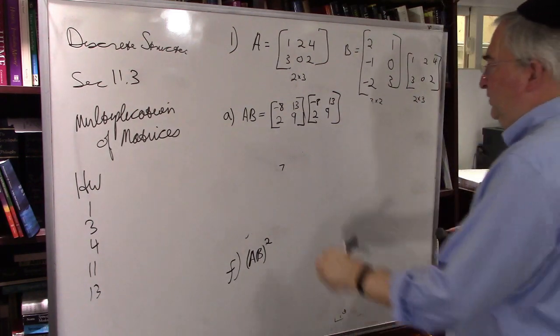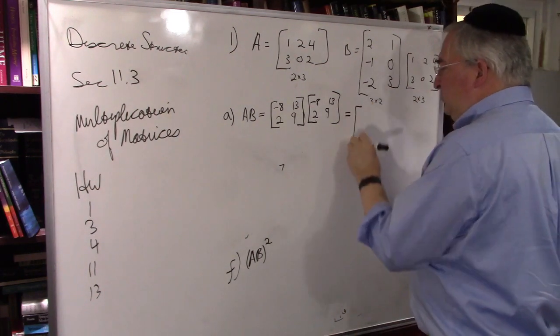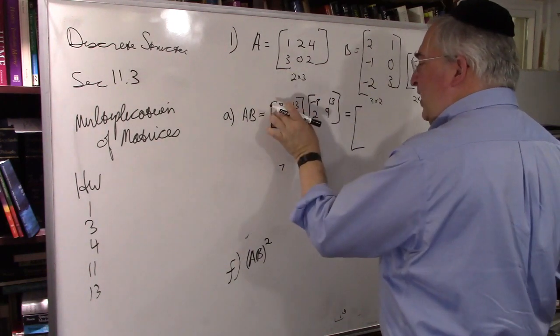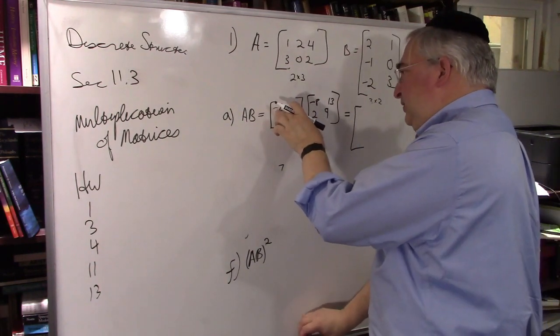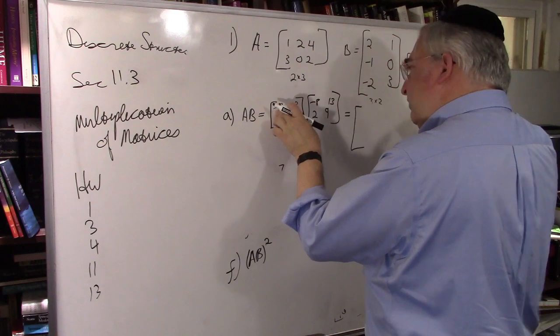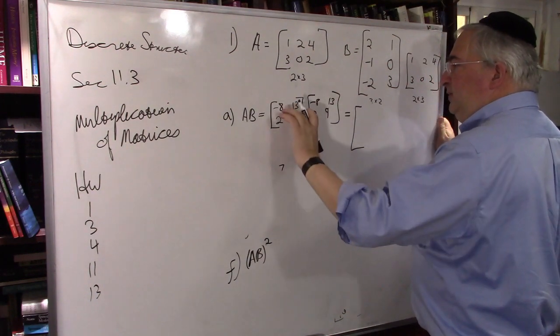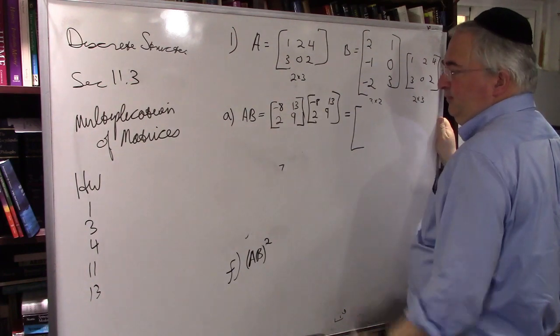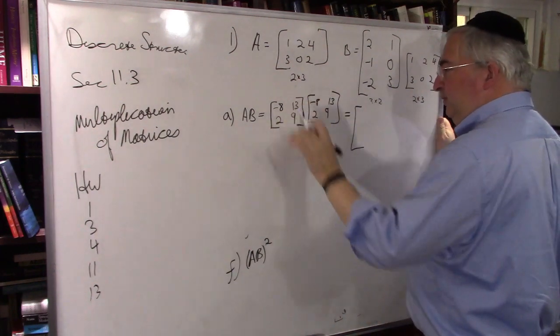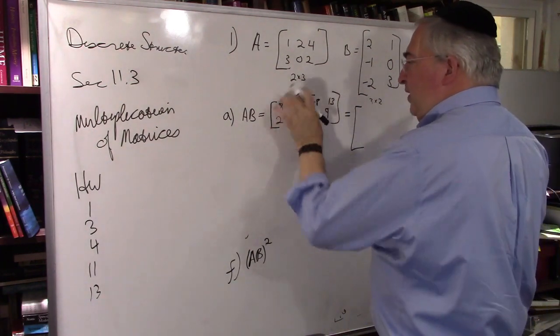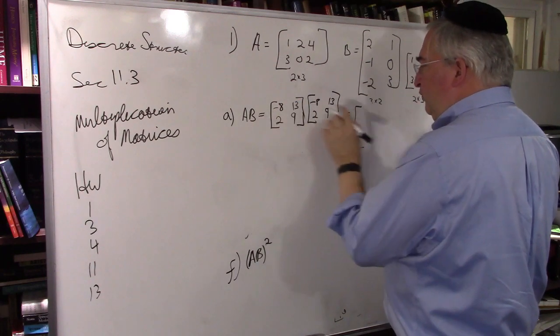Okay, so this is equal to AB squared. So let's do it. 8 times 8 is 64. You need a calculator here. 8 times 8 is 64, so this is going to be